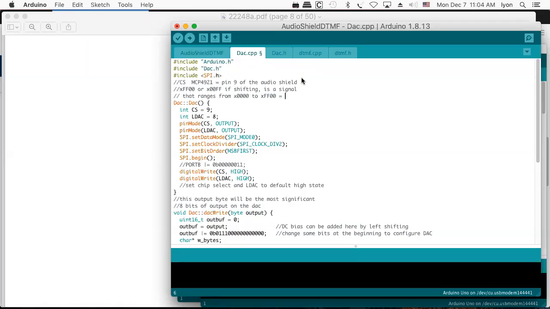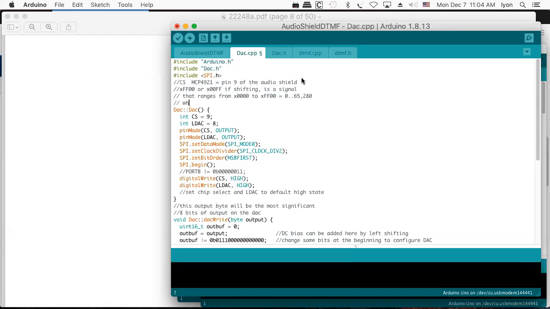Because FF would be 255. So 65,535 minus 255 would come to 65,280 max. So that would be equal to, if you did it in decimal, 0 to 65,280, whereas